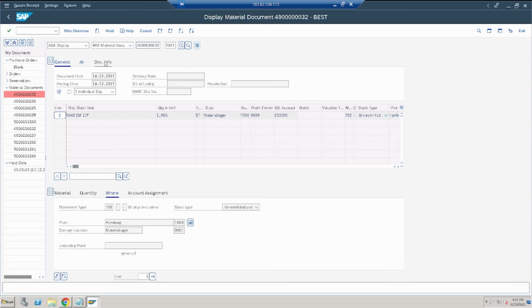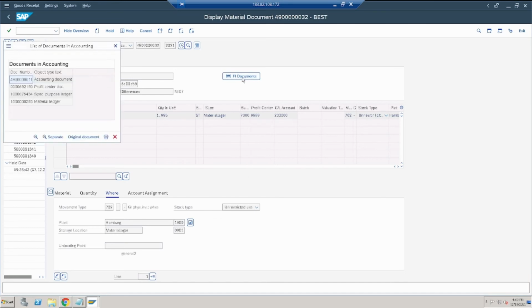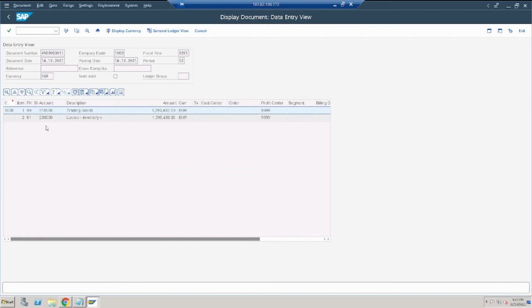And what we have to check right now is the financial accounting document. We will have to check what kind of document has been generated here. So accounting document, yeah. See, this has 2 account postings generated. One is credit and another one is debit.